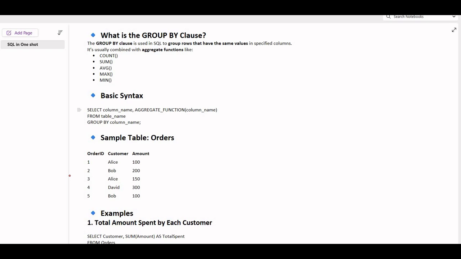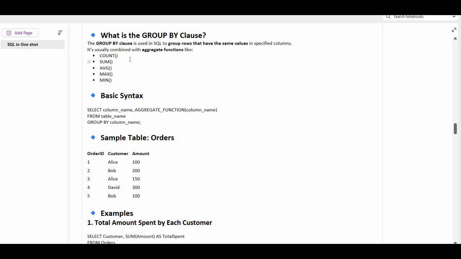Understanding the question, understanding what output you should get, what query you should write, and which statement or clause you should write for the given specific question is much more important. If you're not able to solve any easy SQL question, the reason is you're lacking the basics, the syntax. That is the main place where people lack: you don't know the syntax, or you don't know which clause to use.